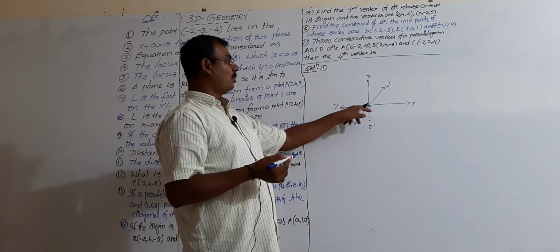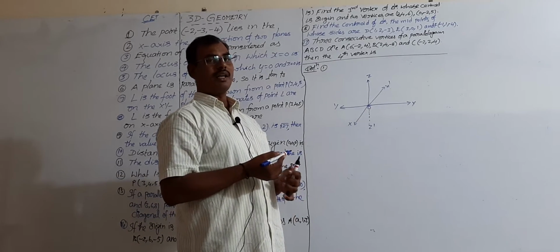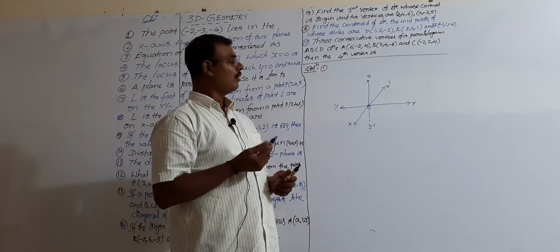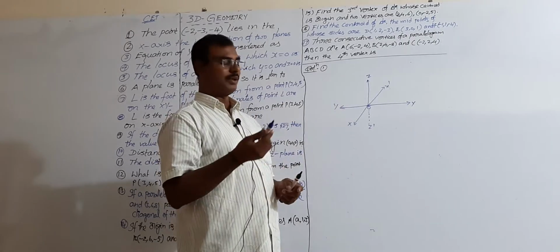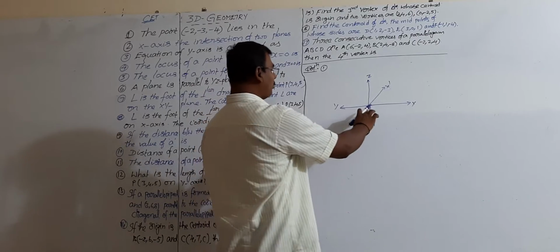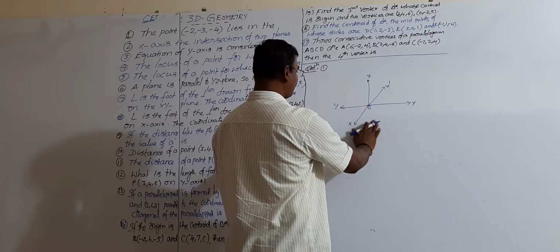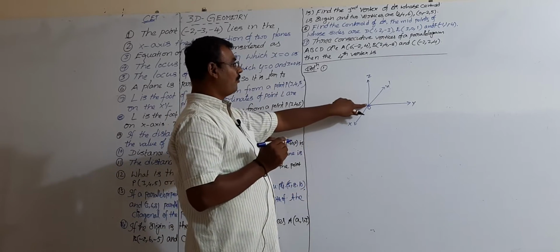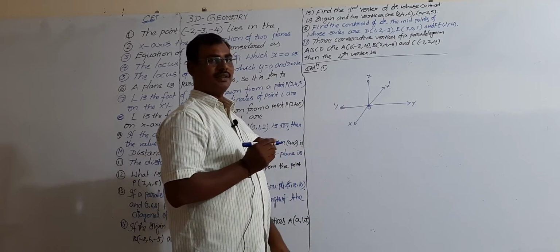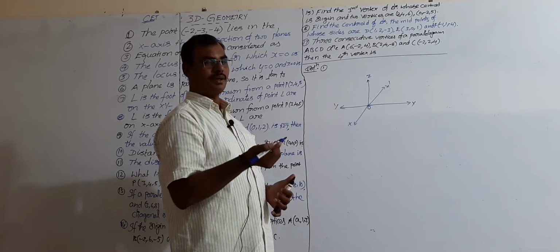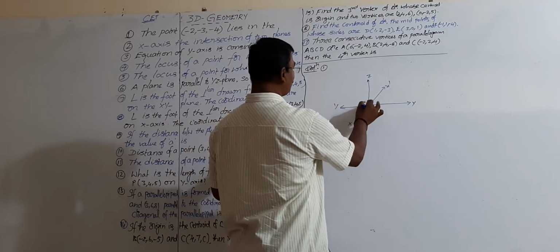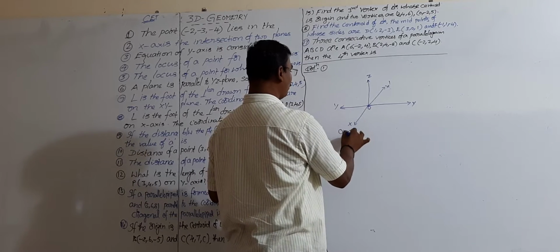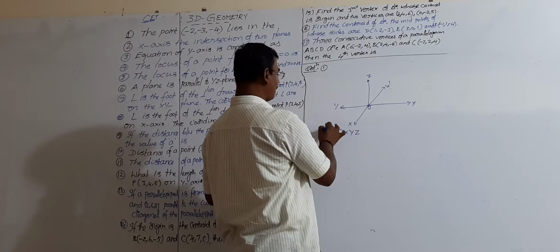So, this OXYZ divides the space into 8 compartments. These are called octants. We studied this in the theory part. Now I can find the octants very easily. So, remember this method, all of you. With positive z-axis, how many octants are formed? With positive z-axis, the first octant is OXYZ. This is octant number 1.